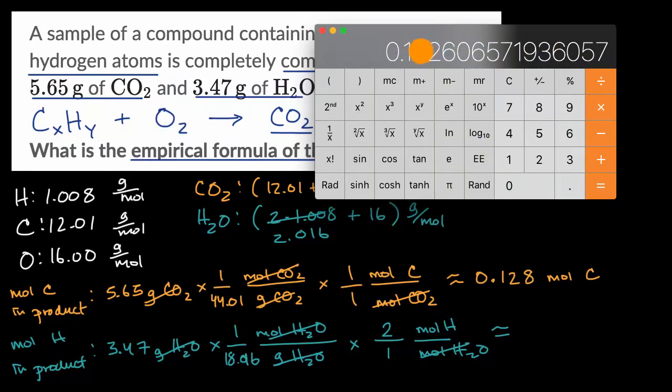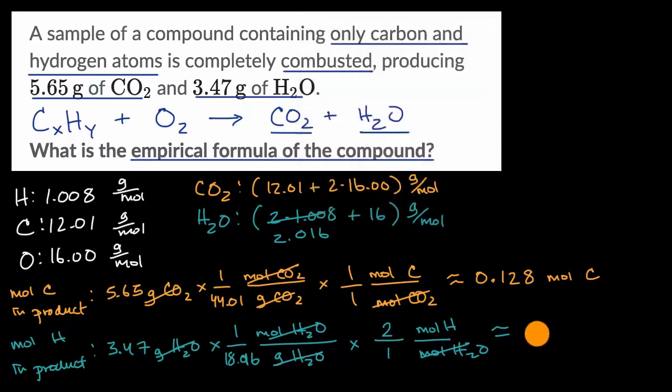And now for every molecule of water, I have 2 hydrogens. So then I will multiply by 2, and that is equal to, I'll just round to 3 digits right over here, 0.385 moles of hydrogen. So now we know the number of hydrogen atoms, we know the number of carbon atoms,